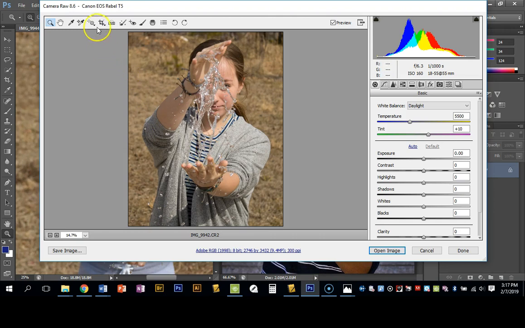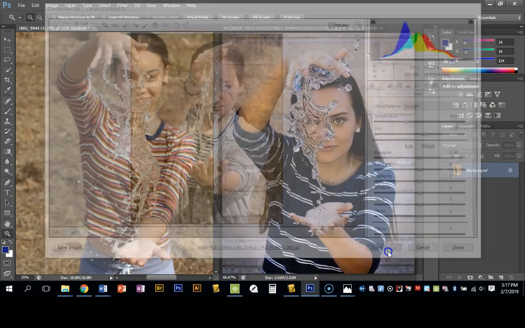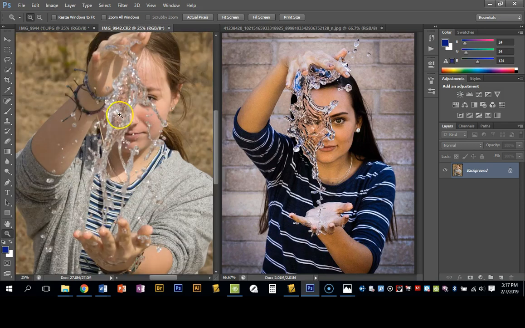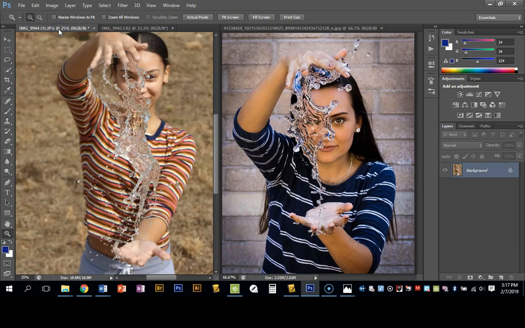And so in here I can even crop the image before I bring it into Photoshop, and I can make some adjustments over here before bringing it into Photoshop, or I can just click open image. That one looks pretty close as well. It's got good water. If I zoom in, it looks pretty good. I'm just going to use this one for the sake of it. And so notice that these are pretty close, but